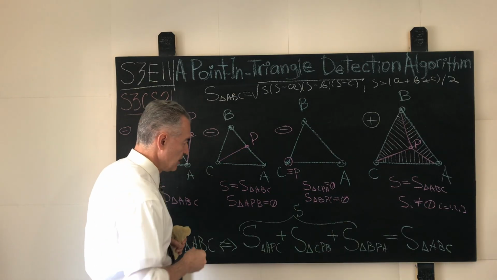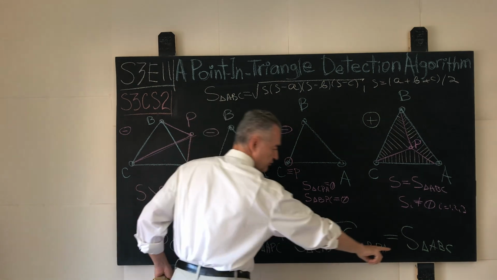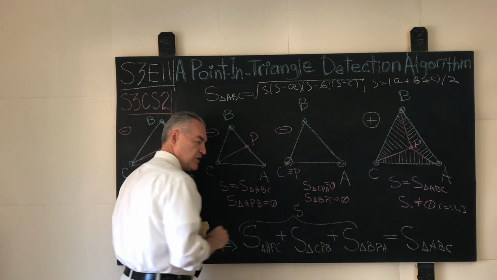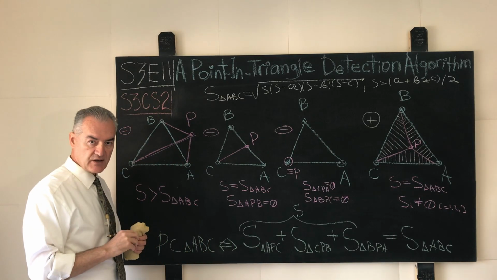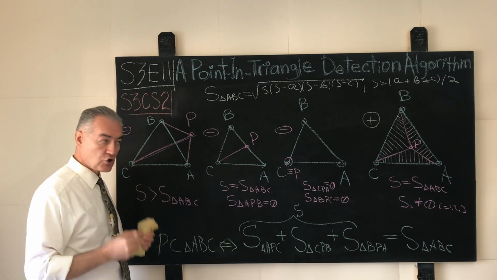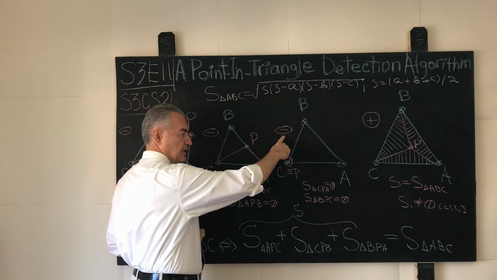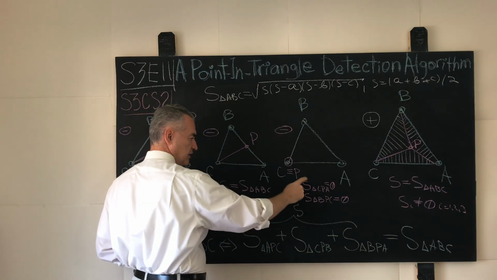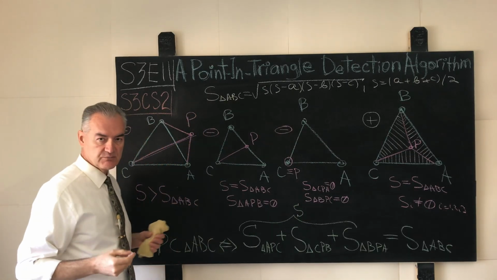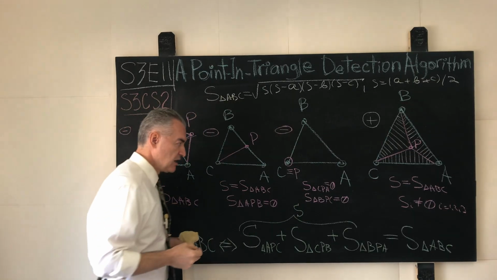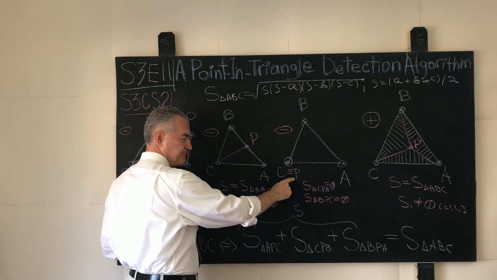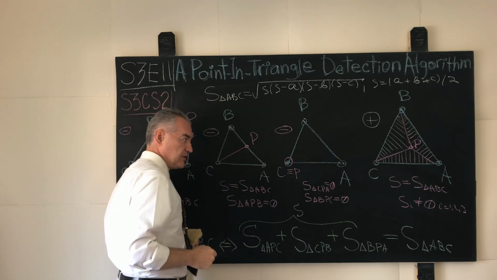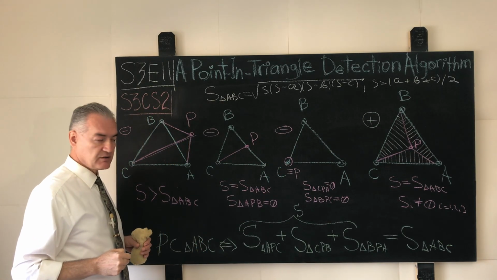So in this case, when the equality of the areas is honored, but precisely two triangles contribute 0 area to the grand total, we still return false. It is not the case that the point P is located strictly inside, and again, by being careful with our analysis, we can even print out or return precisely which vertex of the given triangle the point P